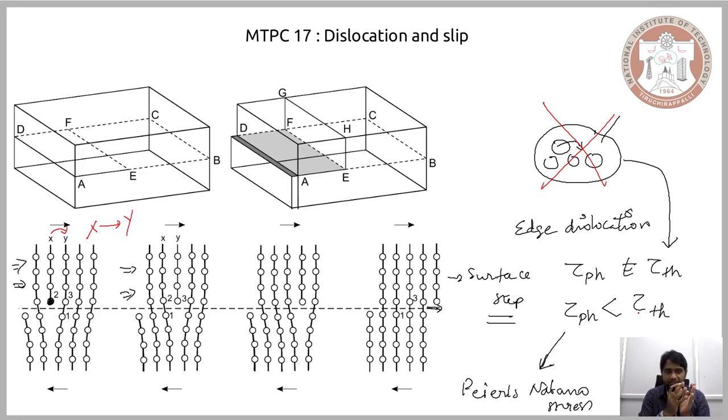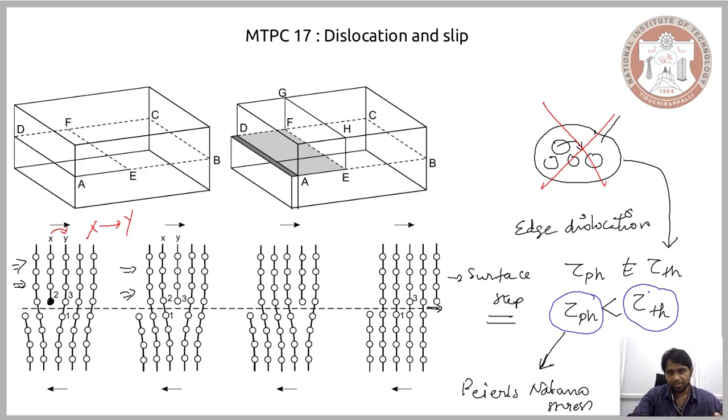So because of this separation of one single event, the movement of atoms from one stable position to another stable position, into the formation of the extra layer of atoms at the unstable position and the movement of this extra layer of atoms from the unstable position to the stable position, because of this mechanism of plastic deformation, you have a considerable decrease, a significantly low stress that is required to bring about the plastic deformation in the physical case when compared to the theoretical consideration.